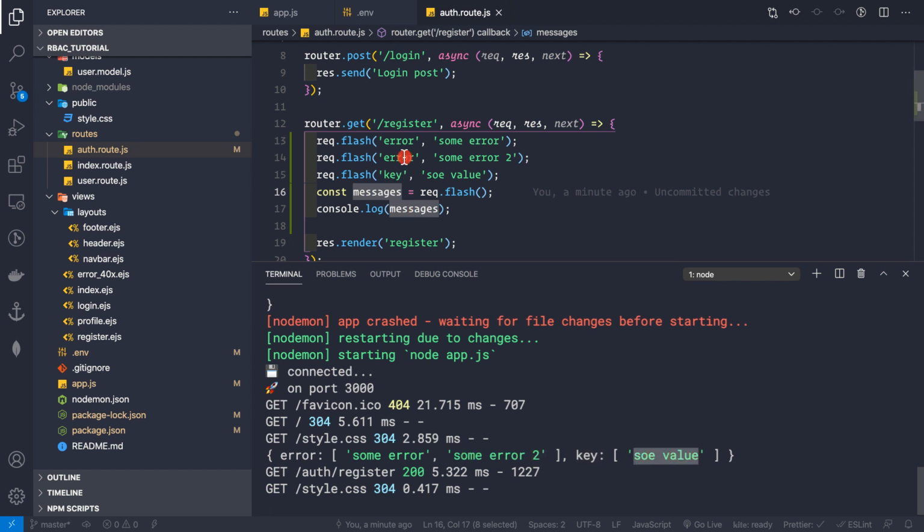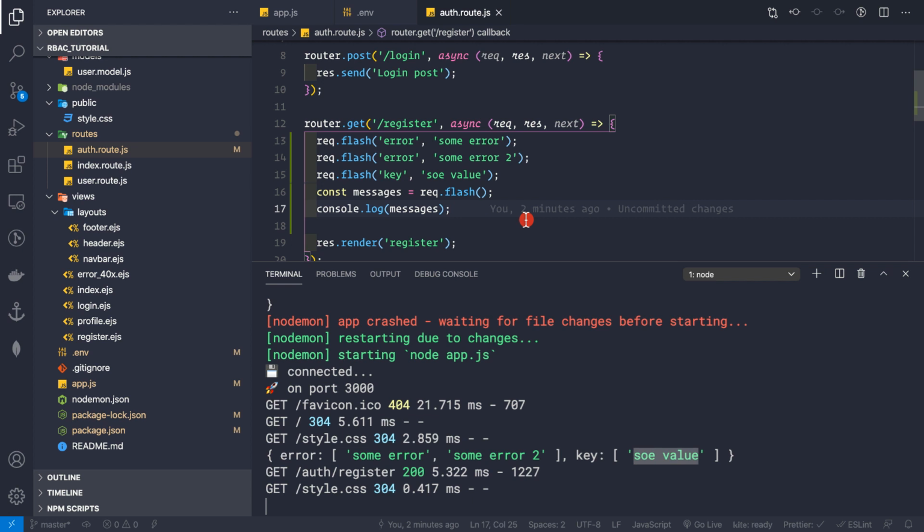It depends on you how you want to name your flash messages, but by convention you can provide four keys here, that is the error, the warning, the info message, and the success message. But in this video series, I'll be keeping the names as error for error messages, warning for warning messages, info for some information to the user, and success for success messages. And there is one more thing you need to know about flash messages.